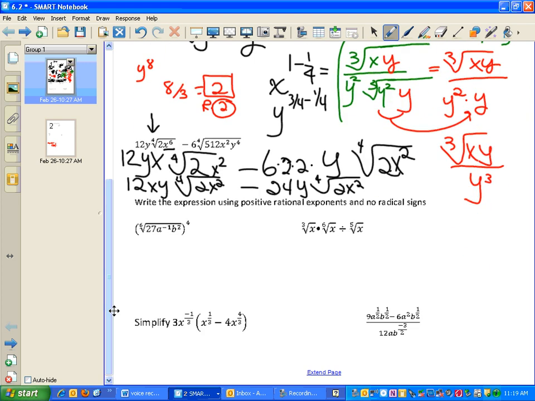Okay, here we go. Write the expression using positive rational exponents, no radical signs. No radical signs. Okay? So none of these signs. So we're going to look at this. Well, this is saying 27 a to the negative 1, v to the second. Raise it to what power? 4 and 6. How do I rewrite that? 4/6, right, which is also known as 2/3. So that's 27 a to the negative 1, v to the second to the